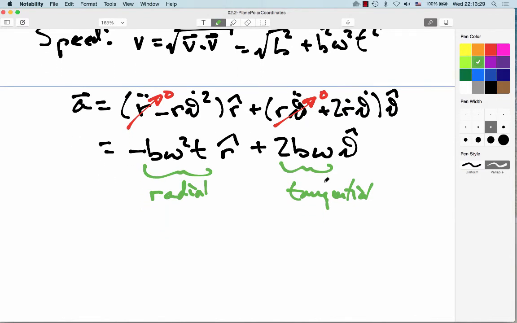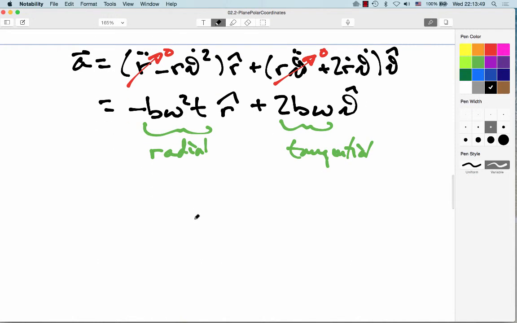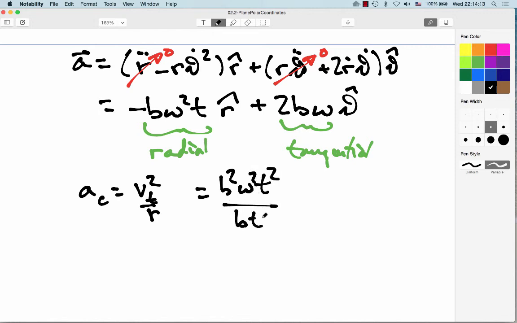So if we think about this a little further, it does seem a little weird. You know, as our radius is increasing, it may not seem intuitive at first blush that our radial acceleration should also be increasing as a function of time. The tangential bit stays the same, but you can see the radial bit is increasing. But let's work that out using some physics 243. We go back and just say, well, a_c is v tangential squared over r. Well, my v tangential here is equal to b omega t, right? So this would be b squared omega squared t squared, and my r is equal to bt. Okay, we lose 1 power of t, 1 power of b,